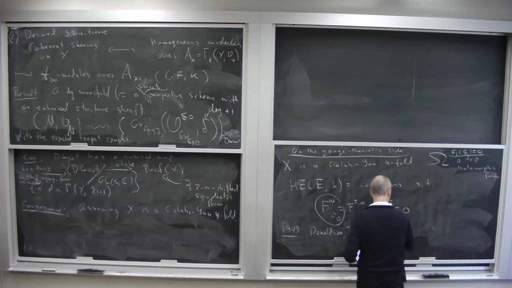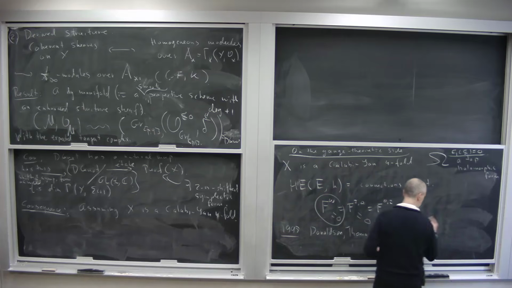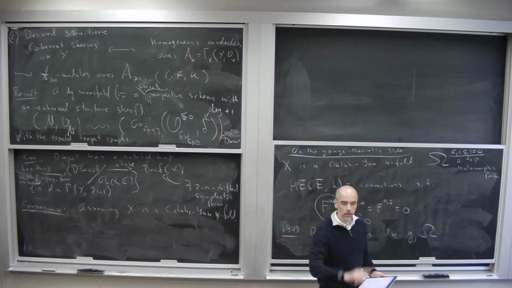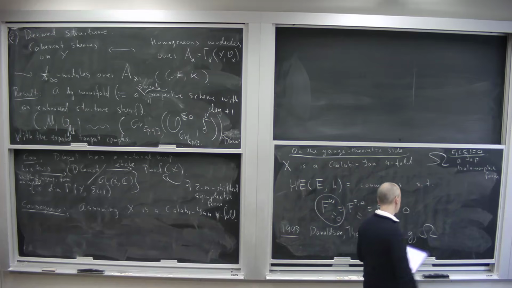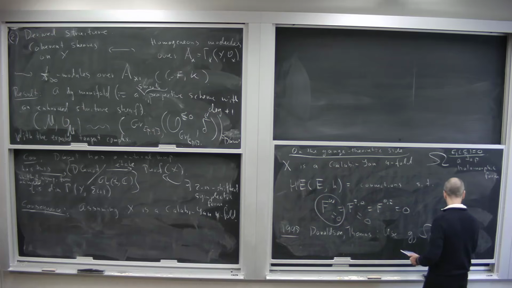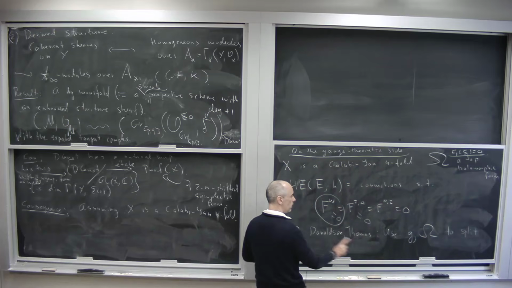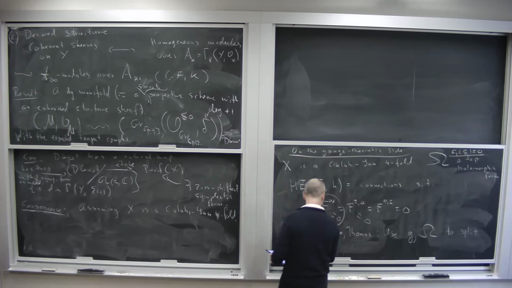So use the form, the metric and the form together, in analogy to the real case, to have this endomorphism on the 2-forms that squares to 1, to split 2-forms into self-dual and anti-self-dual, and then we'll have